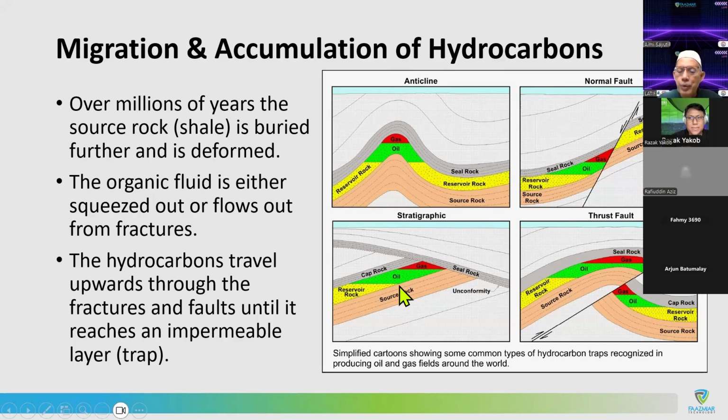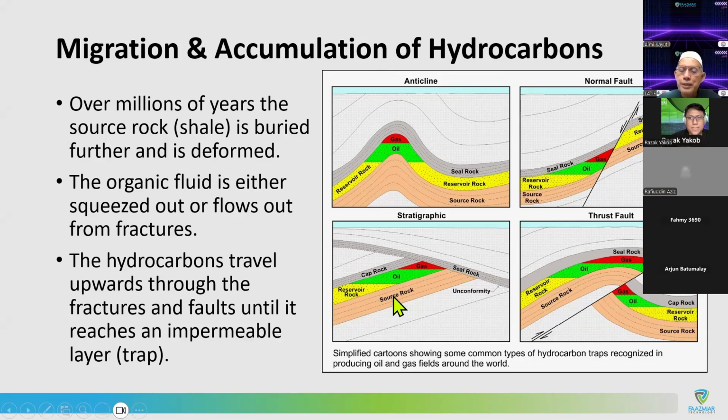Only when we have a crack does the hydrocarbon from this source rock start to migrate up, because most of the hydrocarbon is lighter. It tries to find a way up, going to the north, because the density is light. Remember that in the source rock you have the pressure, temperature, and energy. So whenever there's any release of pressure or a crack, it starts to go across the crack and try to travel up.